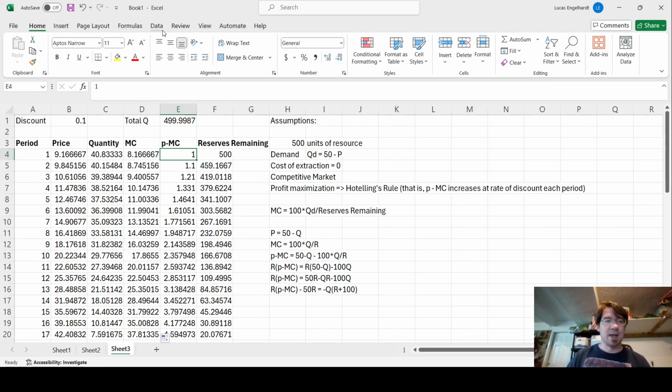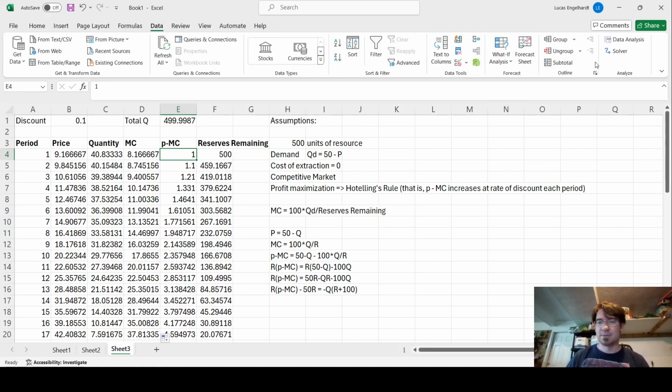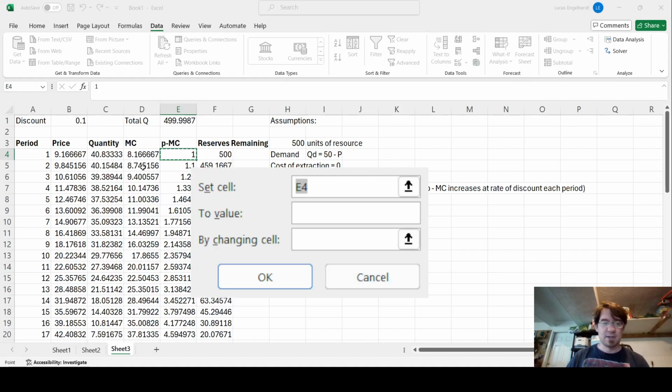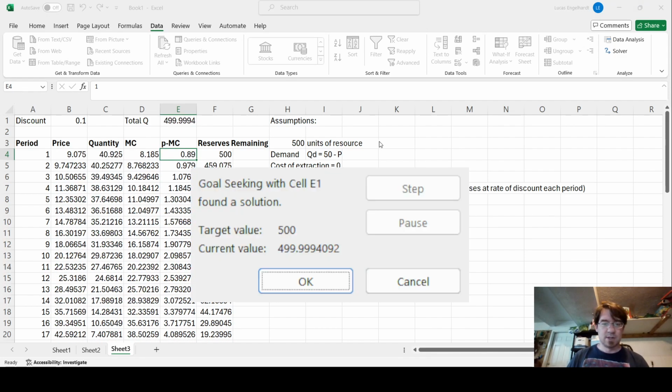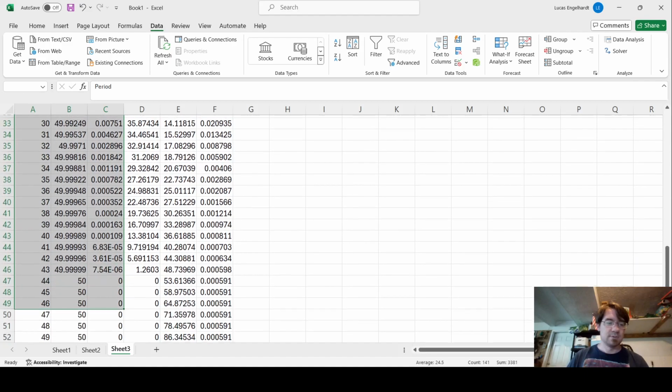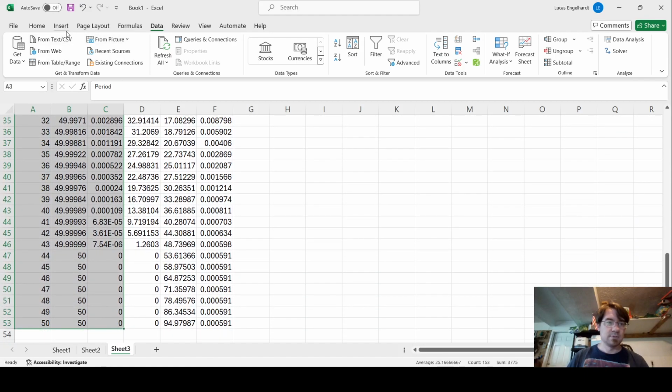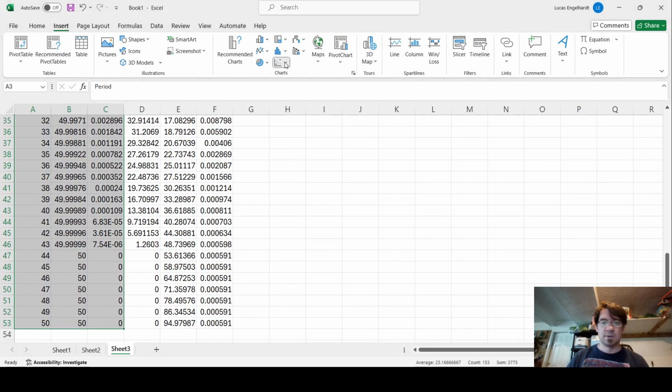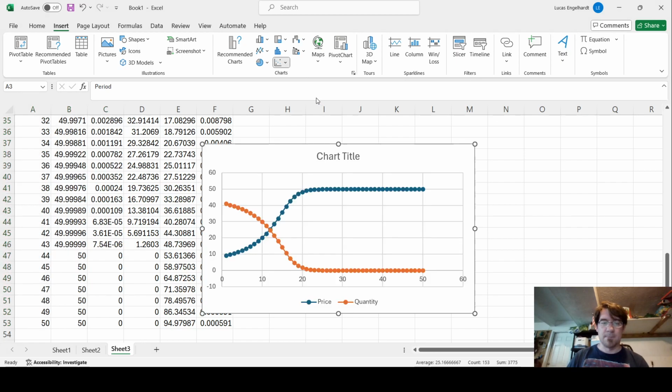All right. So let's go ahead and go to data, what if analysis, goal seek, set cell, this thing equal to 500 by changing its P minus MC. And there we are. And that's what we've got. So then again, we can plot this. Insert the chart here,